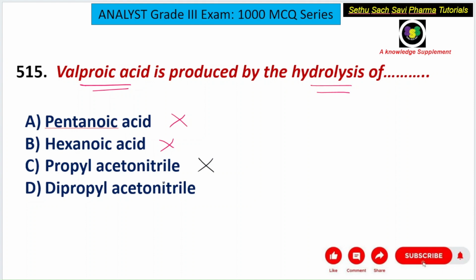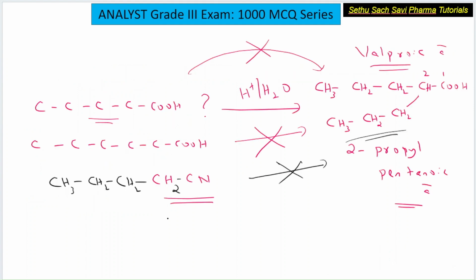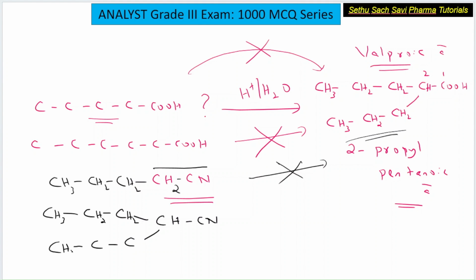So definitely the answer would be D choice, but let's see how that will give. Dipropyl acetonitrile. I told you this is acetonitrile, CH3CN. So I am replacing both the hydrogens and putting 2 propyl groups. So this is 1 propyl and to this carbon the second propyl. So this is called dipropyl acetonitrile. You can balance the valency, CH3, CH2, CH2, CH3, CH2, CH2.